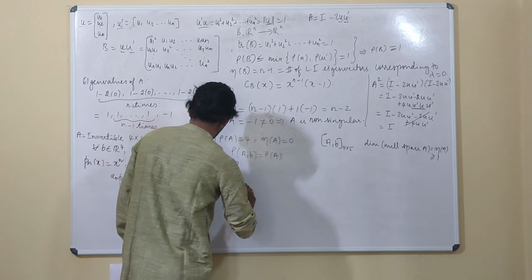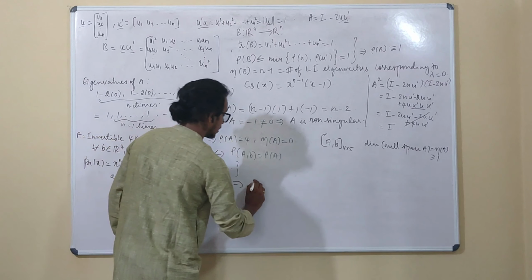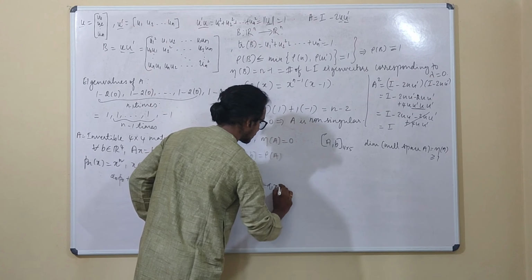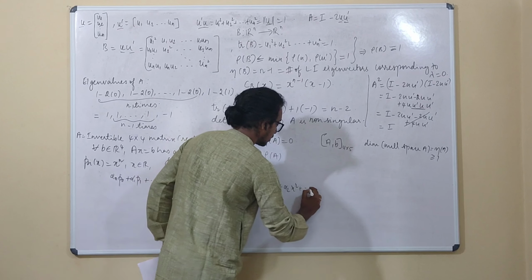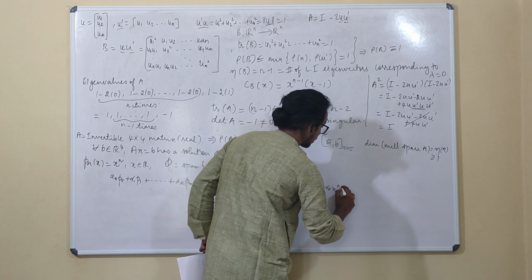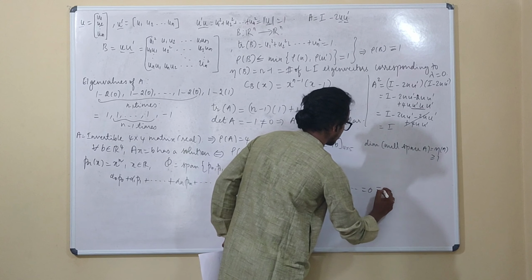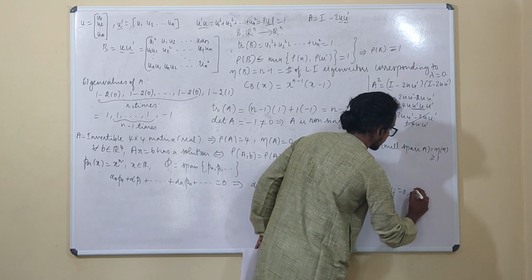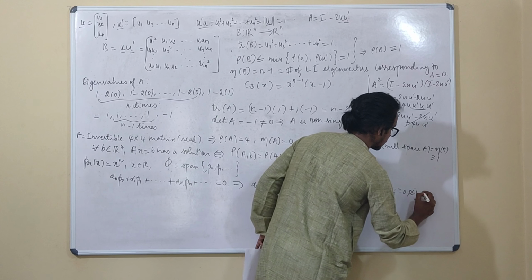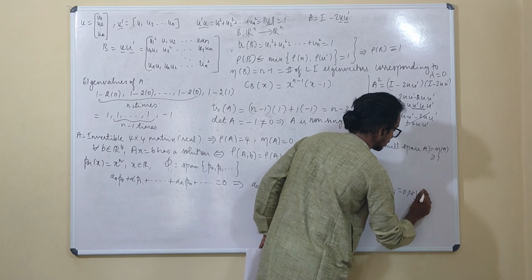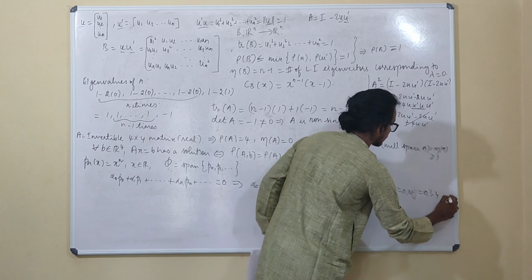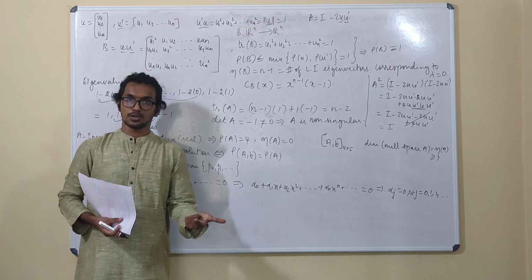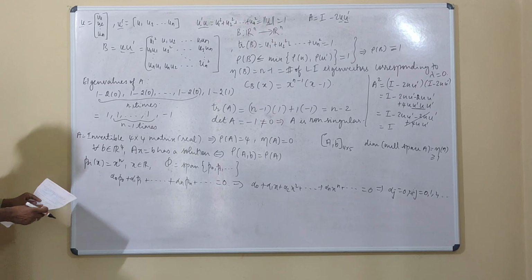If I equate this to 0, what is basically this p0, p1 and all? That is alpha 0 x to the power 0 plus alpha 1 x plus alpha 2 x square, up to alpha n x to the power n, and it is equal to 0. This tells us that alpha j is 0 for j running from 0, 1, 2, etc. So basically it is a linearly independent set, and that is option 3.